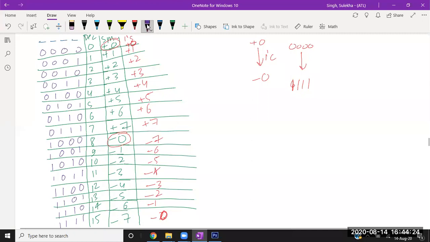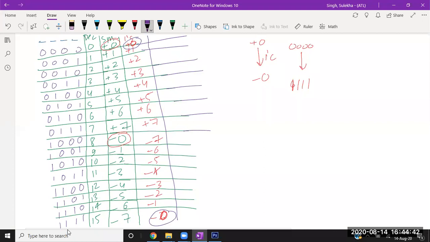Same problem is, again, we are doing the same thing. We are assigning two different numbers, one is this, one is this, for the same value, that is plus 0 or 0 or minus 0. Okay, so if we talk about the 2's complement method, let's talk about the 2's complement method.